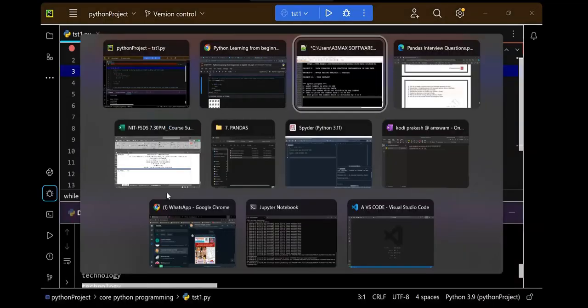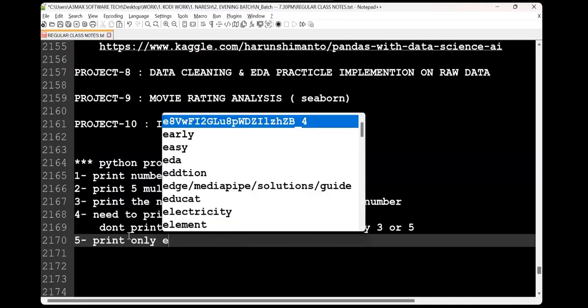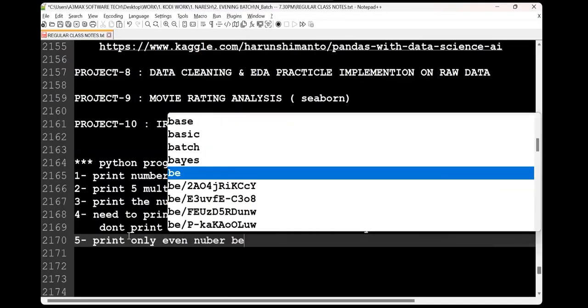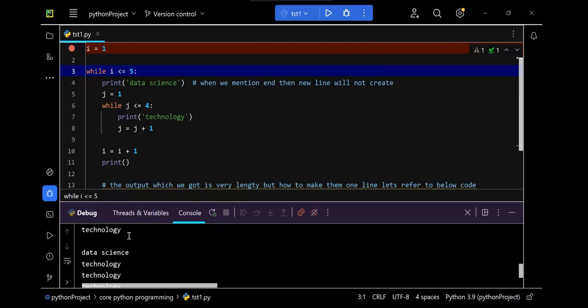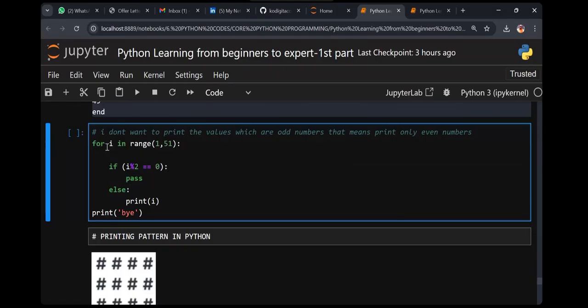So the fifth code is print only even numbers between range of 1 to 51. Shall we do it? For i in range 1 to 51, if i mod 2 equal to 0, pass, else print i.